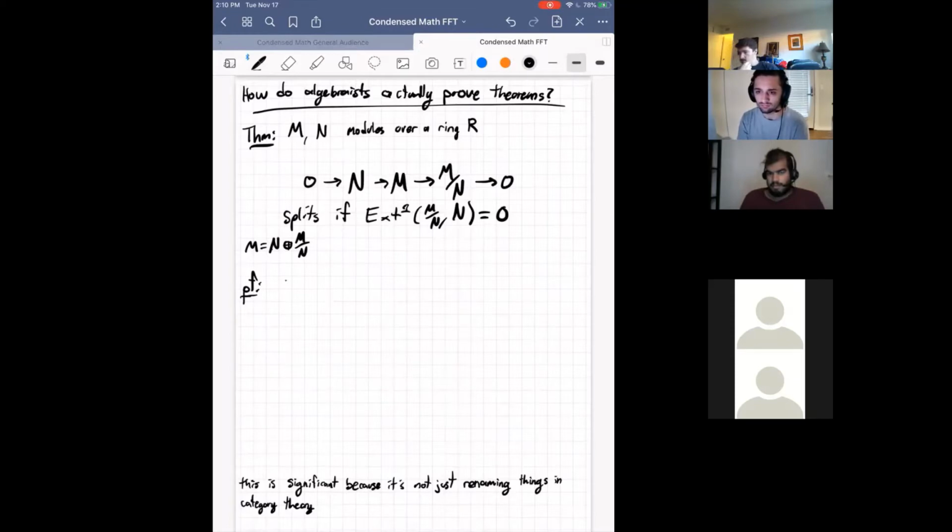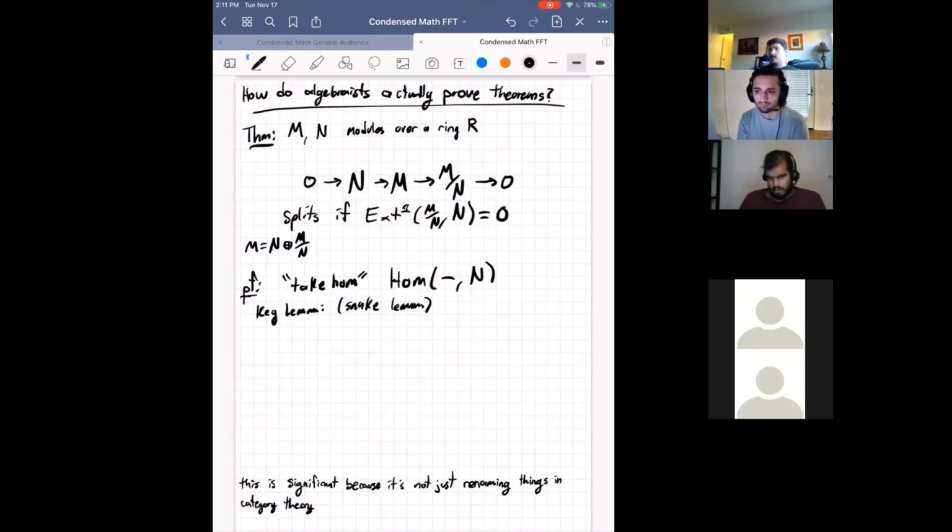We're going to apply the Hom, like I was talking about, and I'm going to take Hom, the homomorphisms going into N. And then the key lemma, which at its core is the snake lemma, is